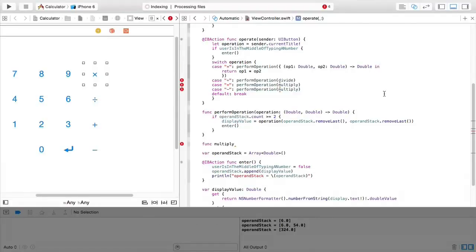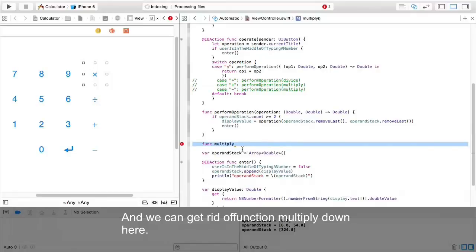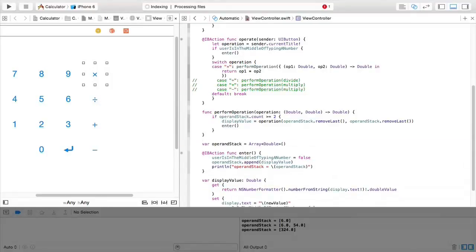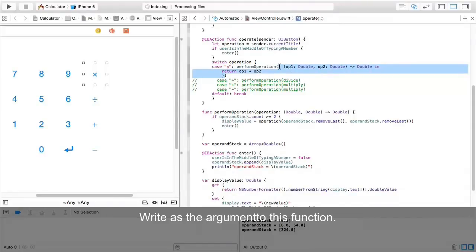the word in. And so that allows us to just, sorry, I'm going to comment these out again so we can get rid of our errors. And we can get rid of function multiply down here. So that allows me to just put that multiply right in here, right in line, right as the argument to